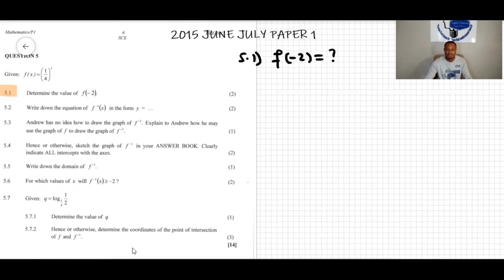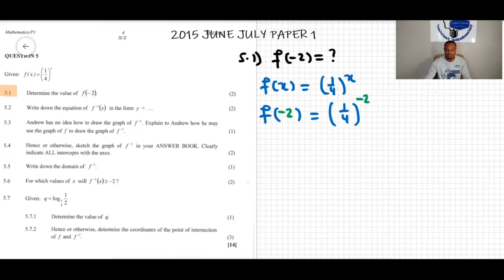All right. The function itself, f of x, is equal to a quarter to the power of x. So now if we need to find f of minus 2, it means that we're going to sub negative 2 wherever we have x, okay? So over here, it will be f of negative 2 equal to, so instead of writing f of x is equal to a quarter to the power of x, we're going to sub in the value of negative 2